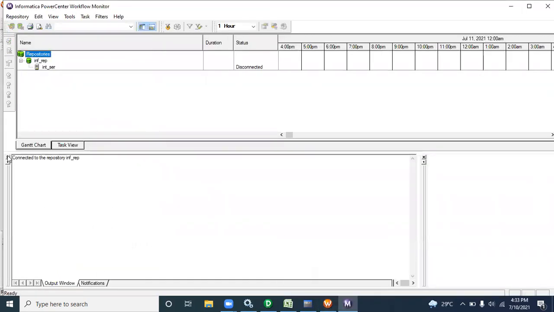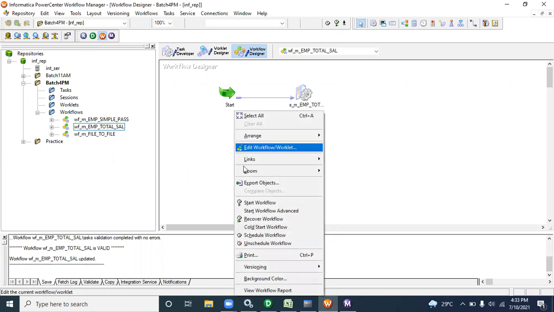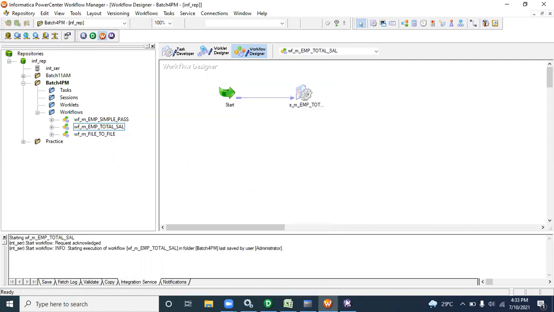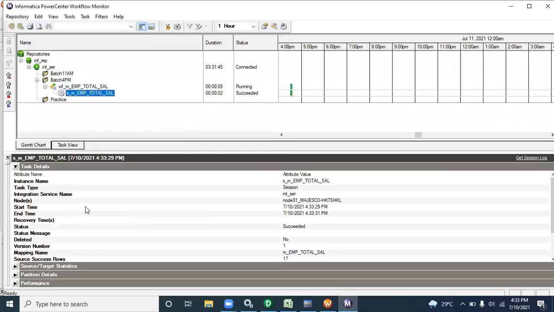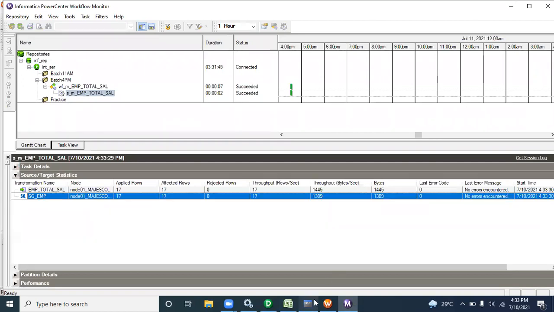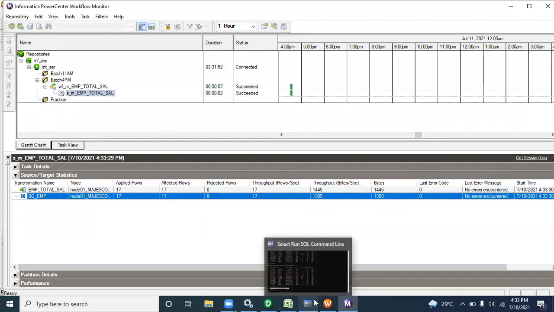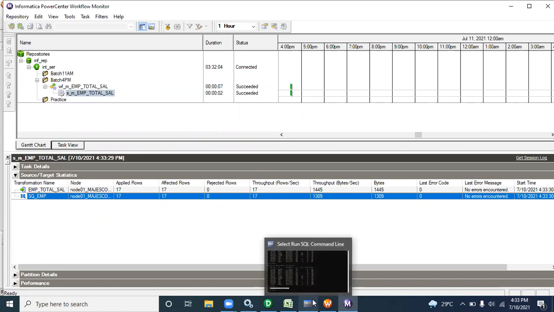Again, just right click, just Control S, and right click, start workflow. Just go to the monitor now. See, you can see success. Now you can see the changes. Source to target is loaded. Go to target. Up to loading, everyone is clear, right? If you have any doubt, just let me know. No doubt, only about the navigations. Yes, so many navigations, confusing.